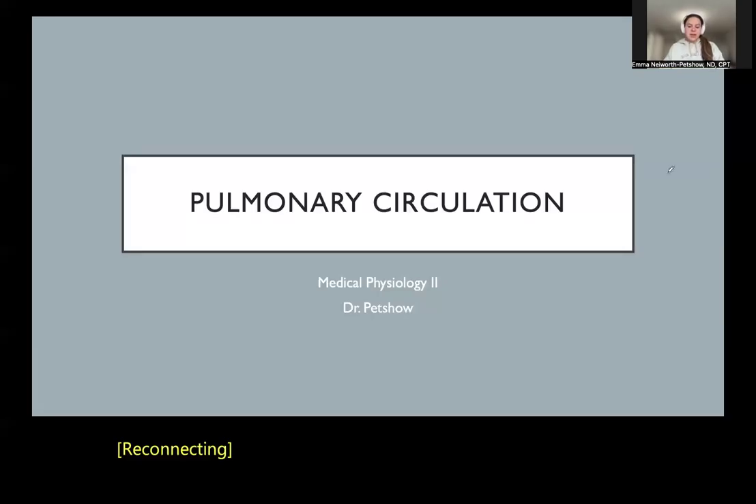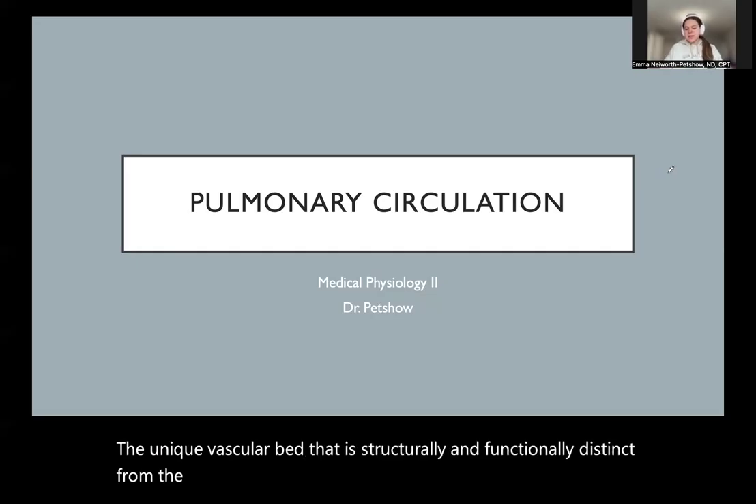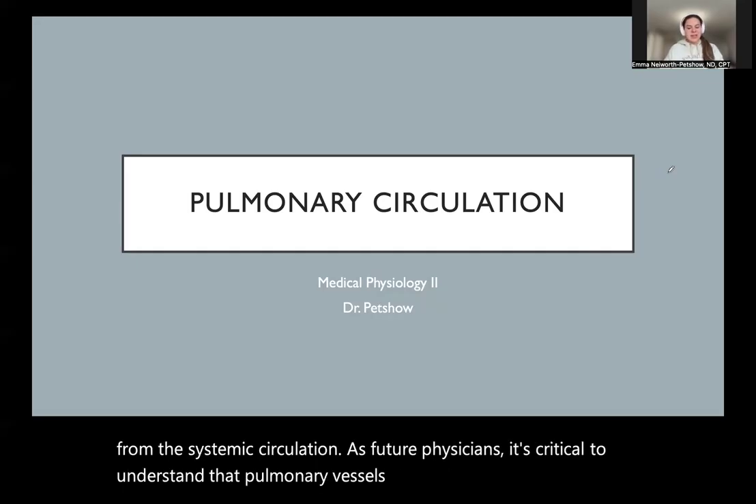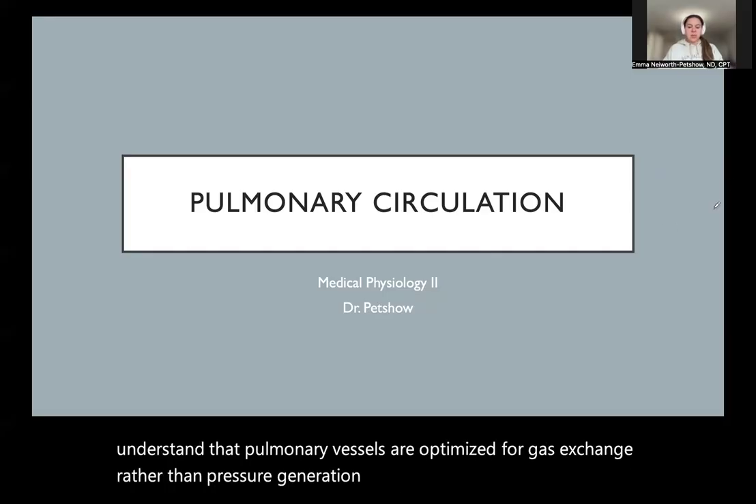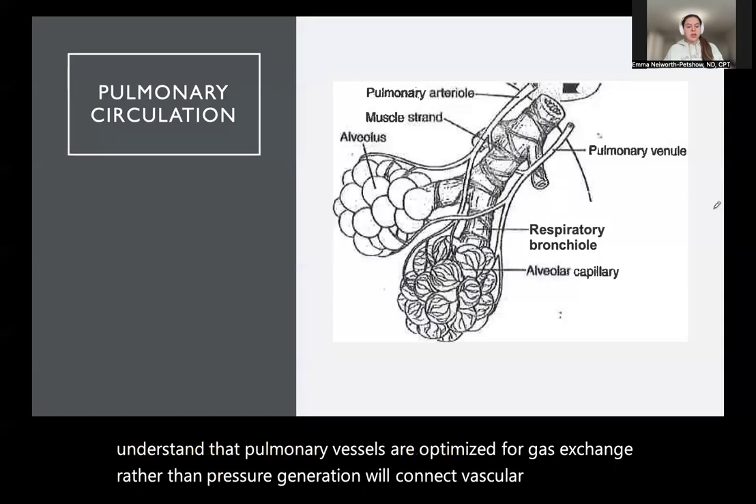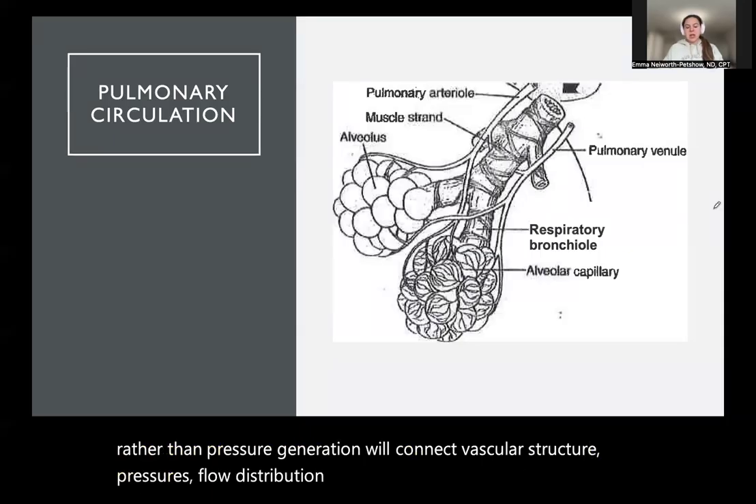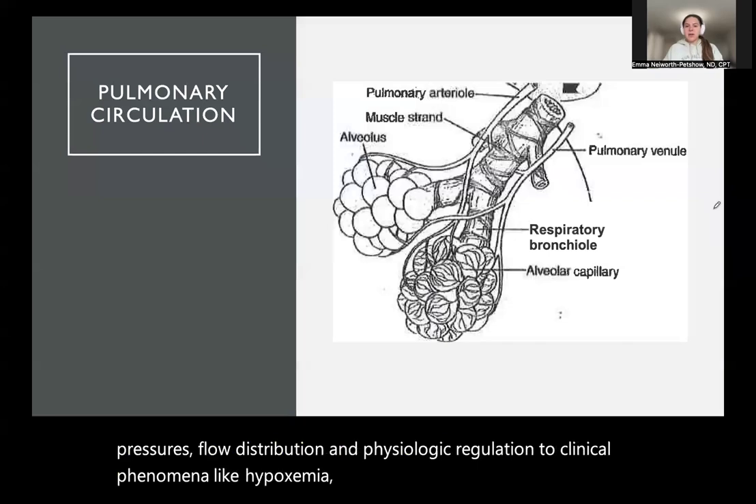This lecture focuses on the pulmonary circulation as a unique vascular bed that is structurally and functionally distinct from the systemic circulation. As future physicians, it's critical to understand that pulmonary vessels are optimized for gas exchange rather than pressure generation. We'll connect vascular structure, pressures, flow distribution, and physiologic regulation to clinical phenomena like hypoxemia, pulmonary hypertension, VQ mismatch,